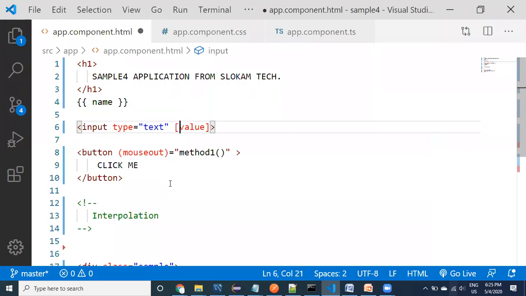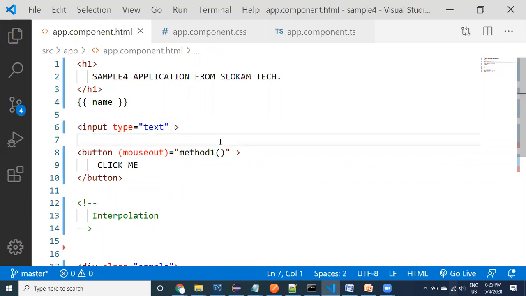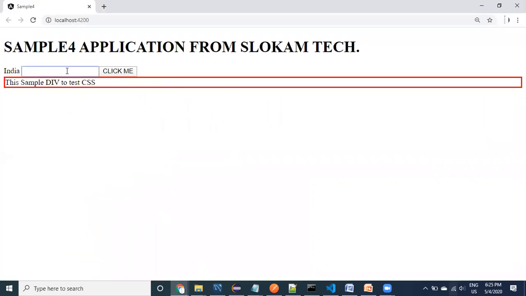Value equal to. If you observe carefully, if you provide value equal to, or even if I don't provide anything and just provide the input text box, with input type equal to text, let us go to the browser. A text box came up here.